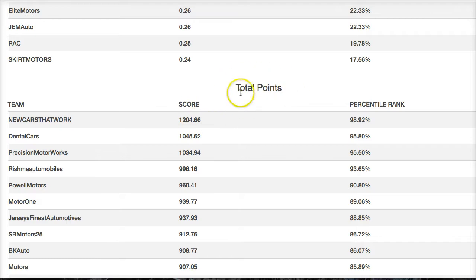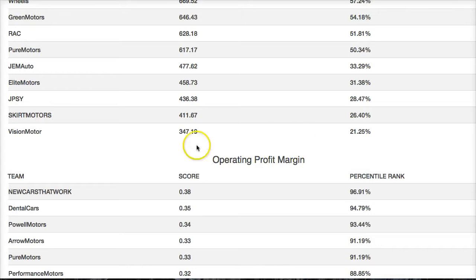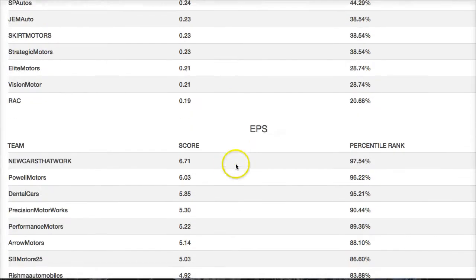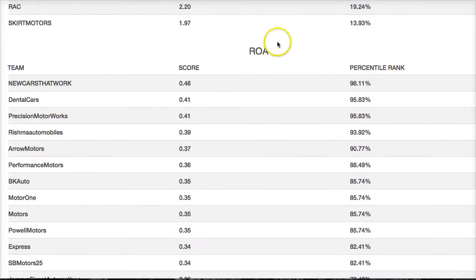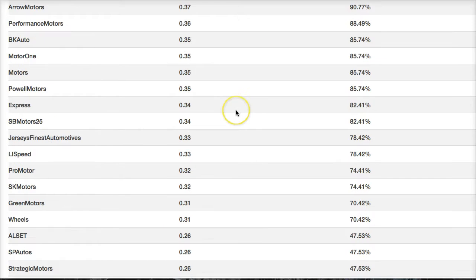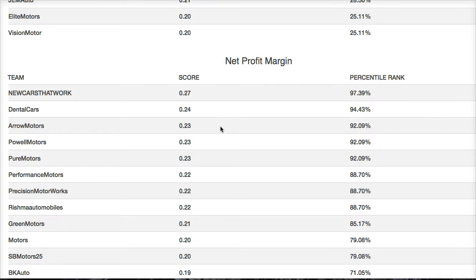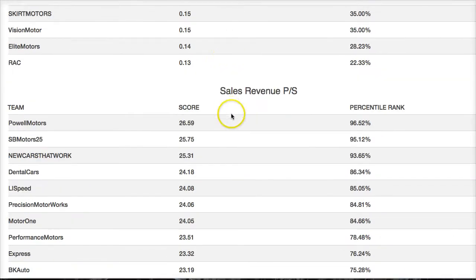Total points. So in the next round, we're going to have round one added to round two. Total points are cumulative, and this is where I'm looking for you to score up to 2,500 points to get an A in the project. Operating margins look at how efficient you are with your advertising, and earnings per share, of course, is your earnings divided by outstanding shares. Return on equity is your profits in relationship to the size of your assets, so you don't want to overly inflate your assets. And net profit margin is how well you manage your debt and what remains of your profits after all your operational costs.